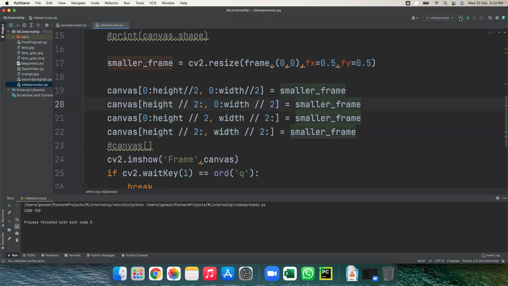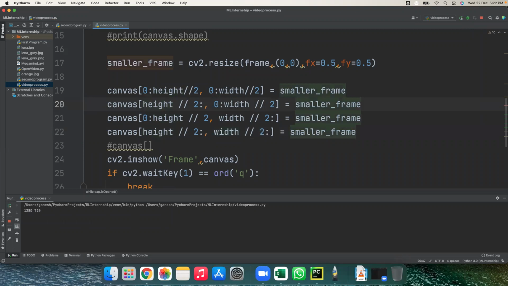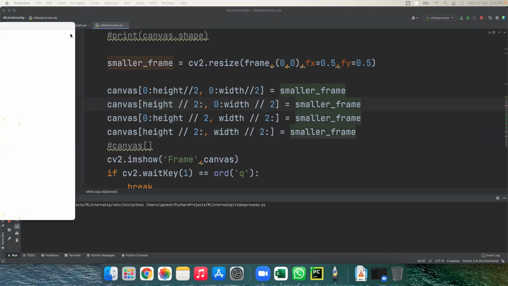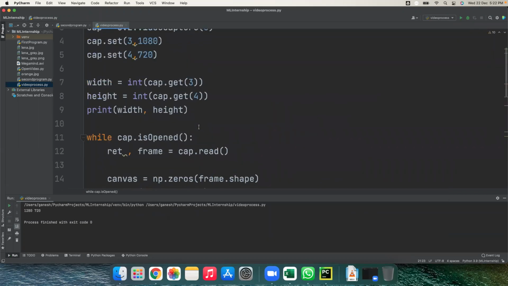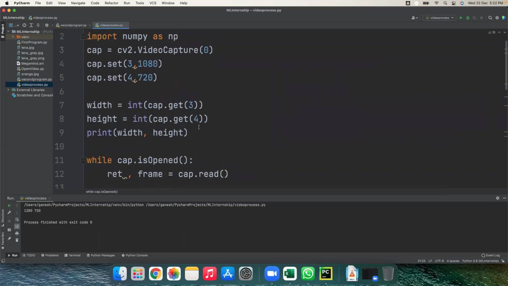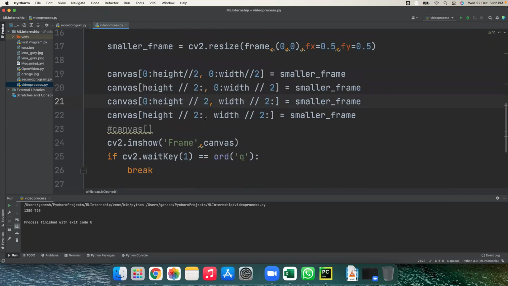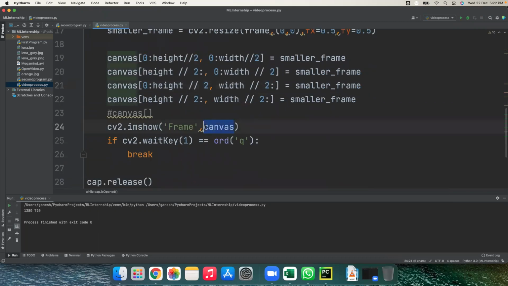Let's try with this. Yeah, actually my image gets distorted. Why is the image distorted? Let's see the original frame.